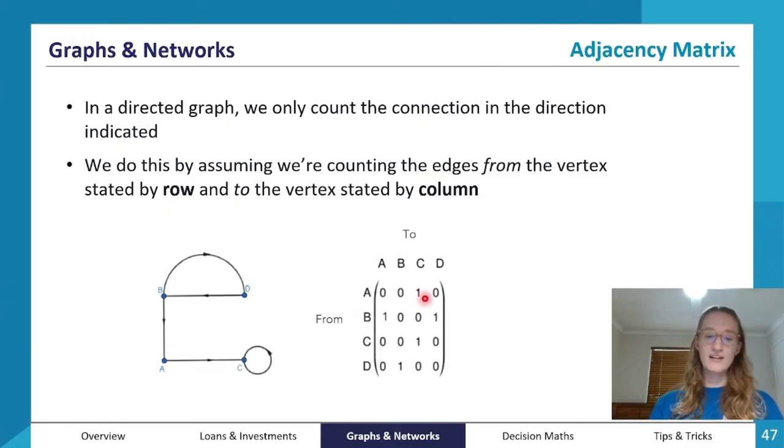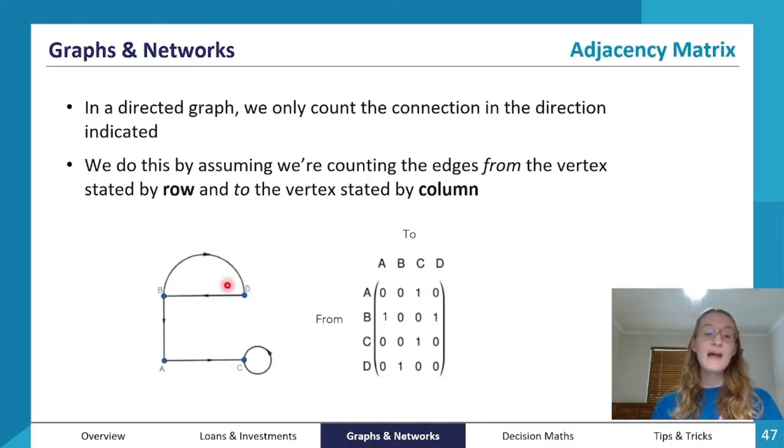So to illustrate that, I've added our little labels here. So you can see here that A and C are connected, but we can see that it's a connection from A to C, not the other way around. So from is always indicated by the rows and to is indicated by the columns. So we can see that from A to C, we have 1 because there is that one edge connection from A to C. But even though there is a connection there, if we look at from C to A, we can actually see that it's 0, and that's true because even though there is an edge there, it's a directed edge going in one direction, so it's only going from